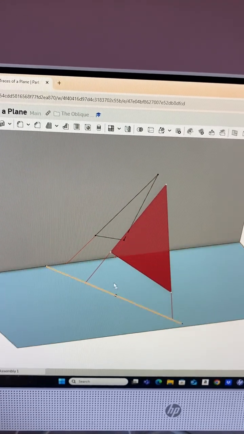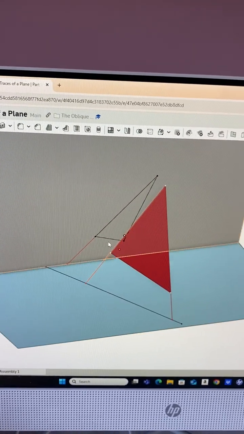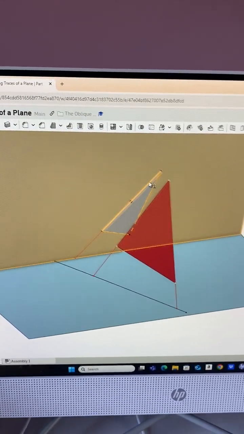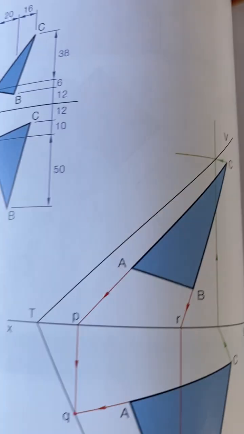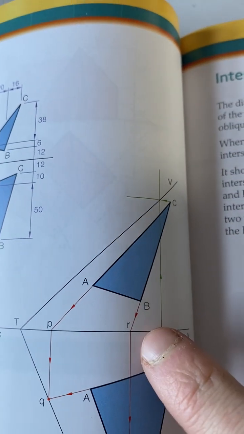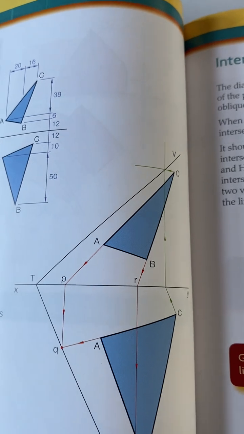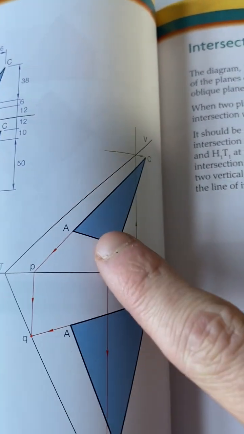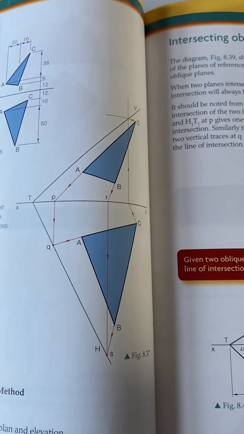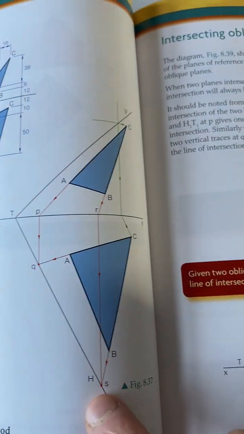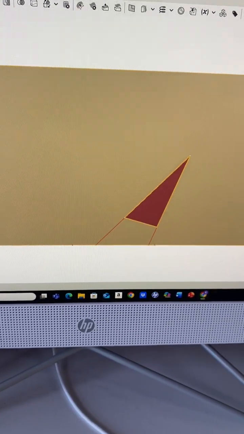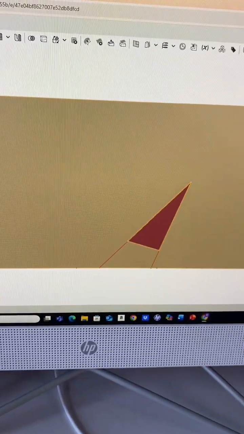So you can see there, that's it in 3D happening, and in 2D in the background is what you actually see. And that is shown like here in the book, where we take down our lines there to hit our XY line. And then what we do is we take them down into our plan, just like we usually would. And we're going to extend them out here, and you're going to see that in the model here as well. So if I just scroll this down a little bit more,